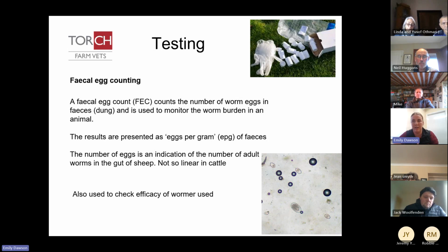One of the most important things to do in terms of future-proofing your farm, in terms of wormer resistance, is checking what the status on your farm is. So every time we use a worming product, we would encourage that you test before worming, and then definitely after we've used the wormer. So generally it's 2 weeks after, unless you've used a yellow drench, in which case it's just the 1 week